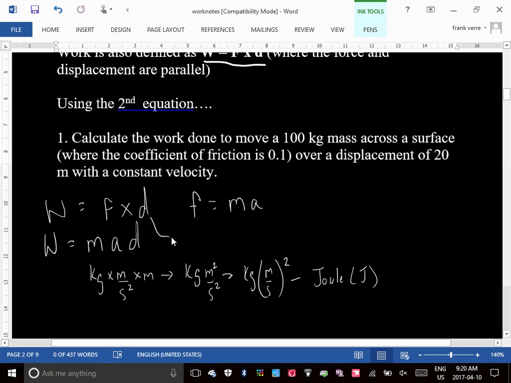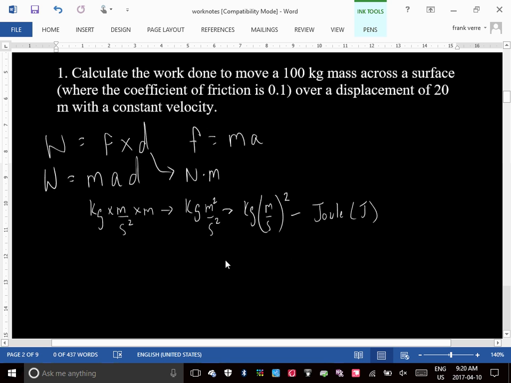So if we went with this equation, force times distance, what's the unit for a force? Newtons. So this would be a Newton meter, right? So a Newton meter is the same as a joule, which is the same as a kilogram times speed squared. And that's why we can think of it also in terms of the energy, as one of you mentioned before, examples of energy, like kinetic energy, which is the energy of motion. But we'll talk about that one later on.